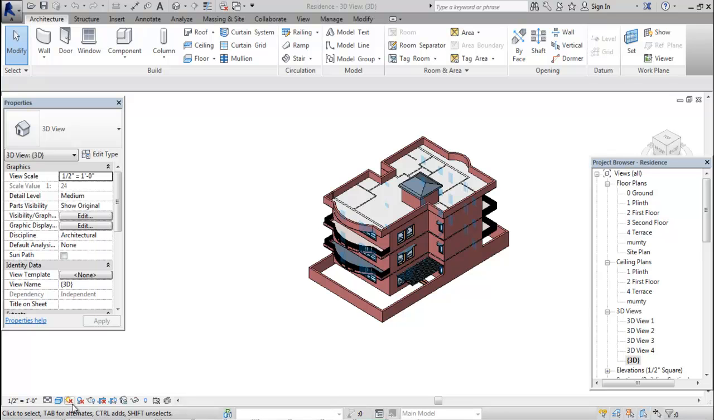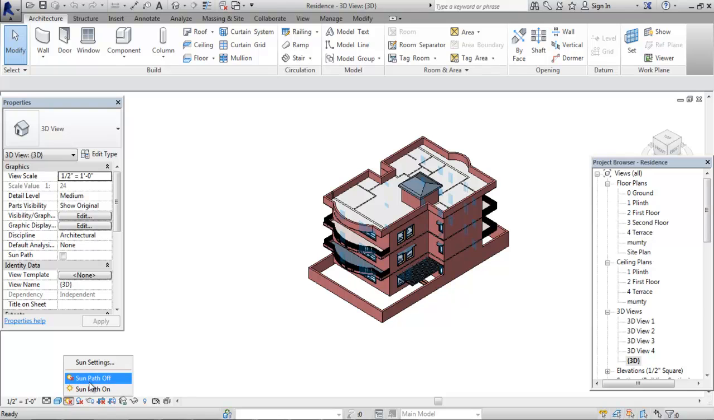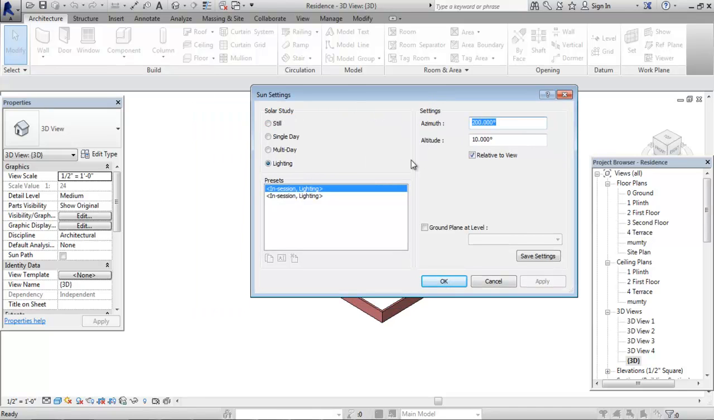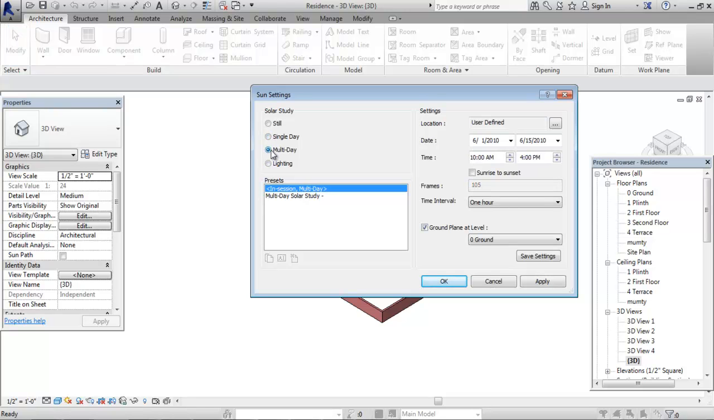In the view control bar you can see the sun settings drop down over here, so I click on this and then the sun settings dialog box will open. Interestingly, this solar study is one of the studies in Revit. You can have a single day solar study, you can have a multi-day solar study, you can have a still solar study. The difference is that a still solar study is something on a specified date and time,